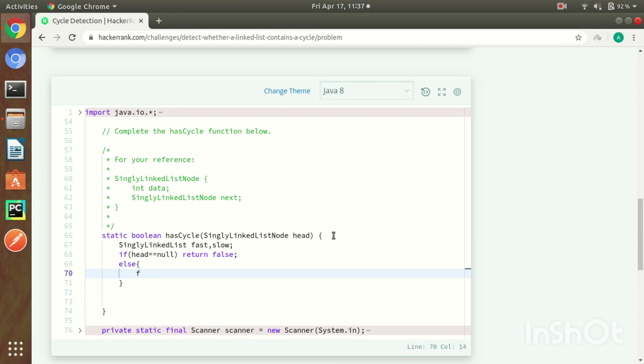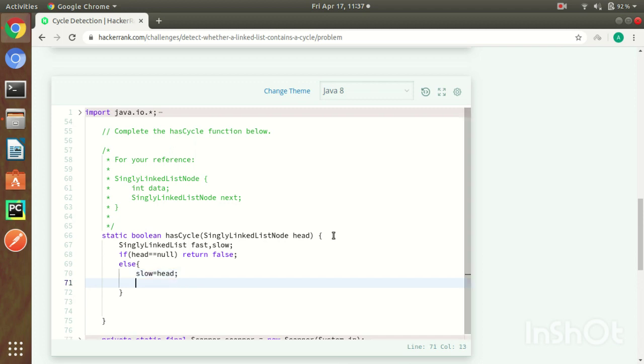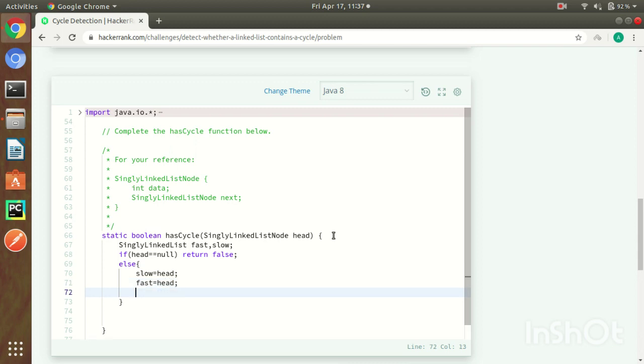Otherwise, it's quite simple actually, just a little bit of if else and logic. Otherwise we can define slow equals head, fast equals head, and then we need to traverse the loop.